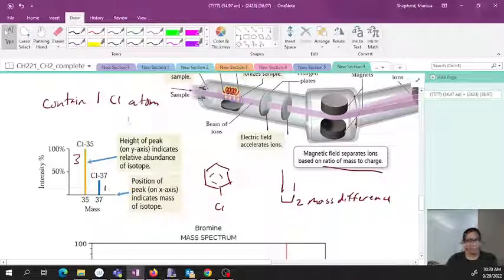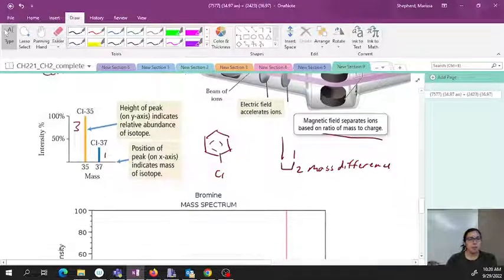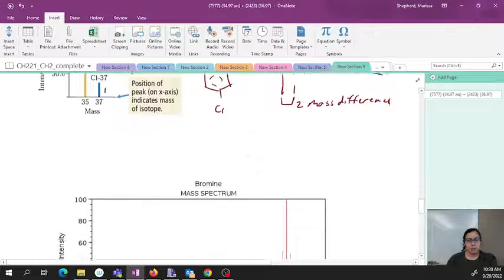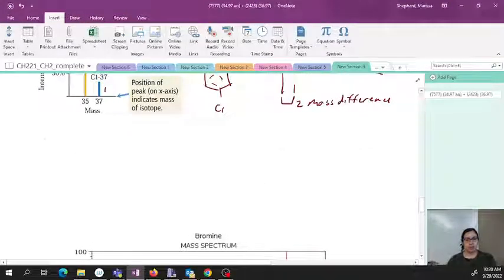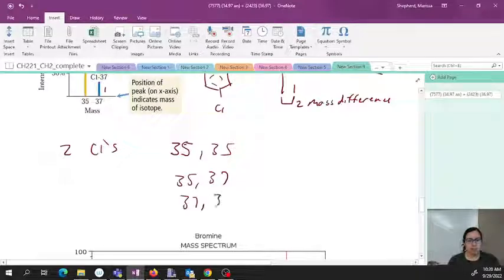And then if you had other isotopes, so why I specify this is only 1 chlorine, is because then you could start having combinations of different isotopic patterns. And so if you have 2 chlorines, for example, you have several possibilities, right? So one of those chlorines could be isotope 35 and isotope 35, or they could be 35 and 37, 37 and 35, or 37 and 37. And so this is the same mass-wise, but then you would now get 3 isotopic peaks, and of course we'd have to sum those up to get what the relative mass